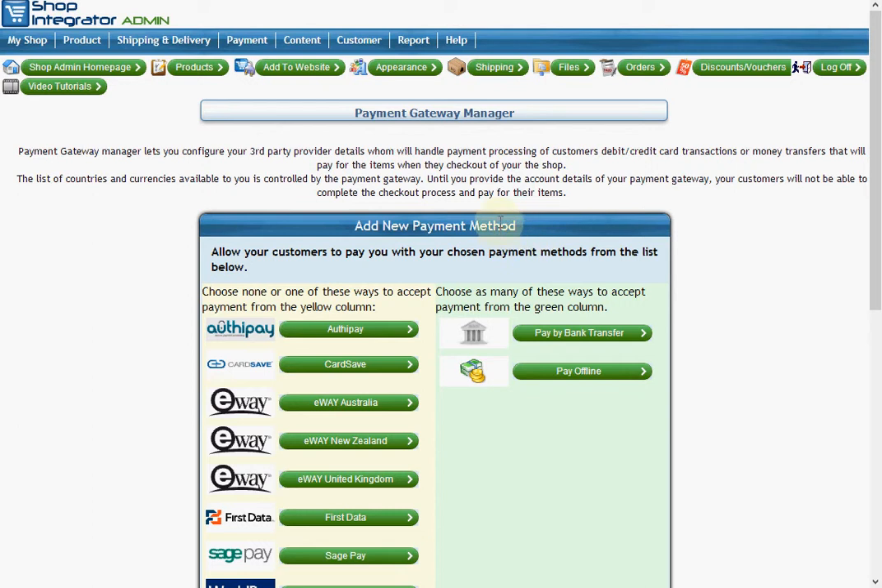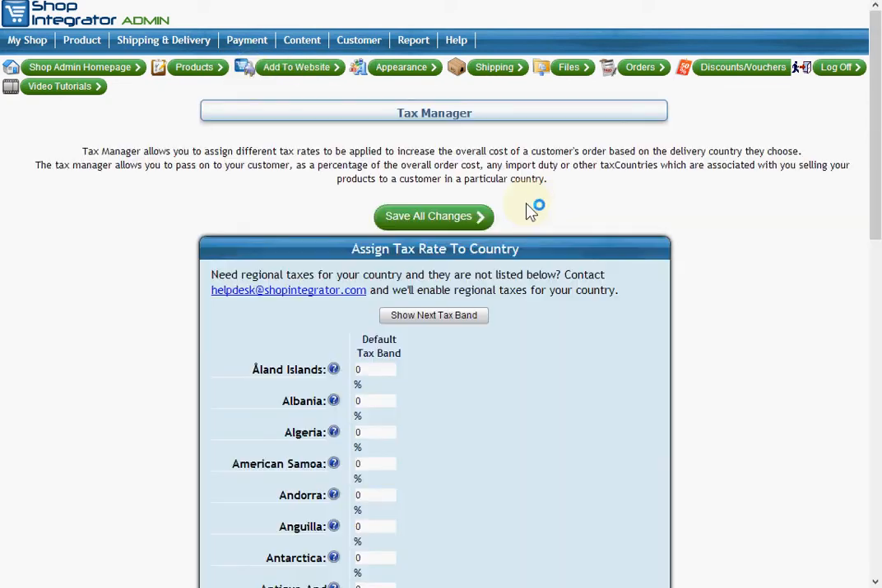So we've created a product and we've added it to our website, and we've set up our payment gateway connectivity, and we've styled it with the appearance manager to fit in with our site. Then if you need to add tax rates, you can do so through the payment tax manager, where you can set up taxes for countries, and for certain countries like the United States or Canada that allow you to set up tax rates on a per state or province, territory